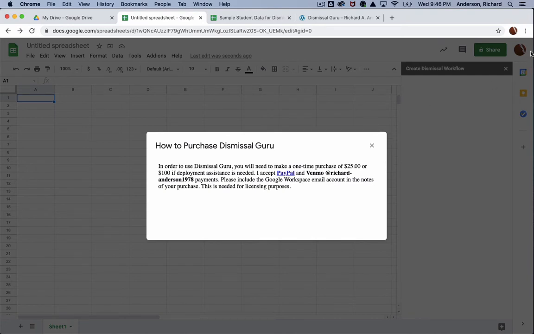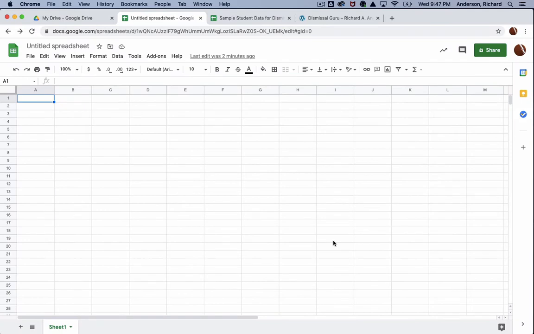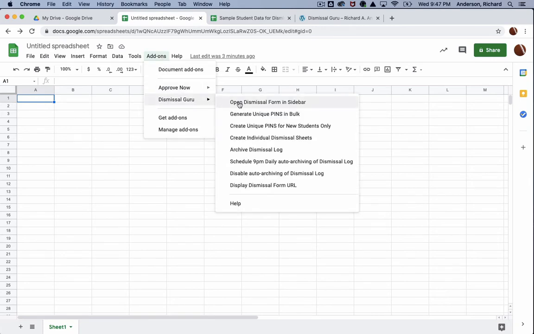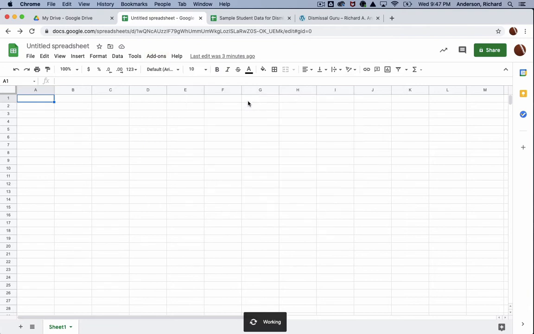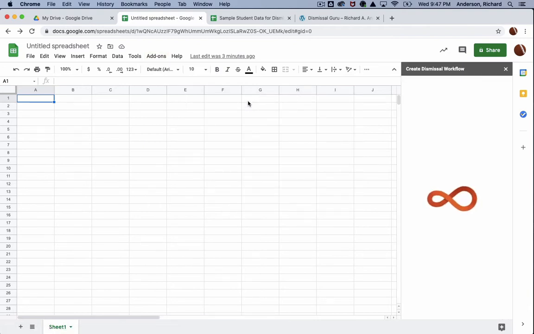So I'm going to put the email address of this account into the licenses, and then we're going to come back and run that exact same function to walk through the setup. Now that this account has been authorized to run the add-on, we're going to launch the same option, Open Dismissal Form in Sidebar. What this will do is create a Google form and response sheet for you directly in this Google Sheet,